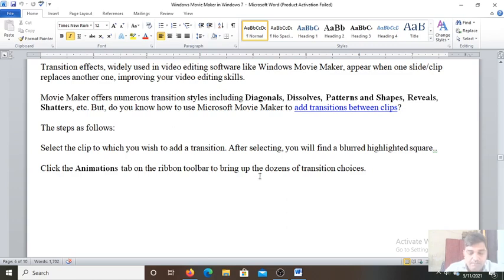Click on a video clip or image and then select any transition. It will be applied to the beginning of that clip or image. To apply transitions to all the clips and images in your project, click on the Apply to All button present in the transition group after selecting the transition. Play the video and notice the transition effect.